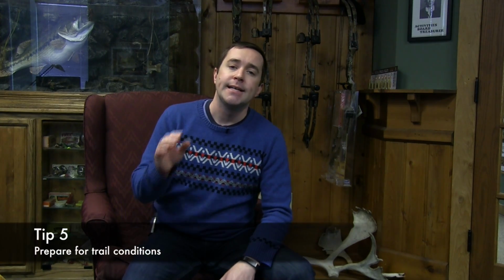Number 5, be prepared for different trail conditions. So when my wife and I go out hiking, we like to keep, and I don't have them with me, but yak tracks. Different companies make these little things that go around your boots and they have spikes on the bottom. We keep yak tracks and we keep our snowshoes in the car pretty much all the time. So when we go out hiking, if you're going to a new park, which we try to do a lot, or a new trail or wherever, you don't know exactly what the trail conditions are going to be like. Maybe you get there and they're not maintained that well and there is 6 or 7 inches of loose snow